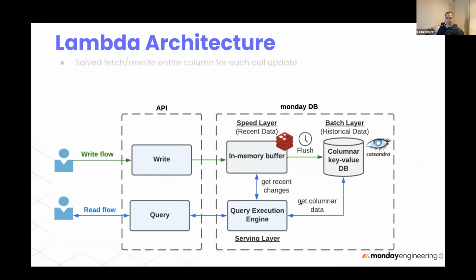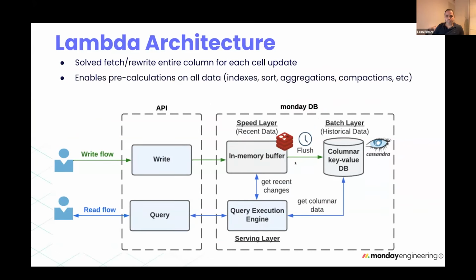So what did we gain? First of all, we solved the problem of fetching and rewriting the entire column upon each single cell update. And also, it's very fast to make changes. Moreover, because the flush is happening in the background and no user is waiting for it, we can actually enable a lot of heavy pre-calculations on all the data. For example,